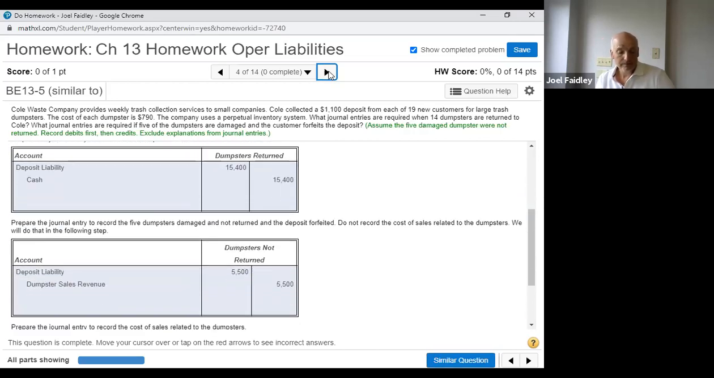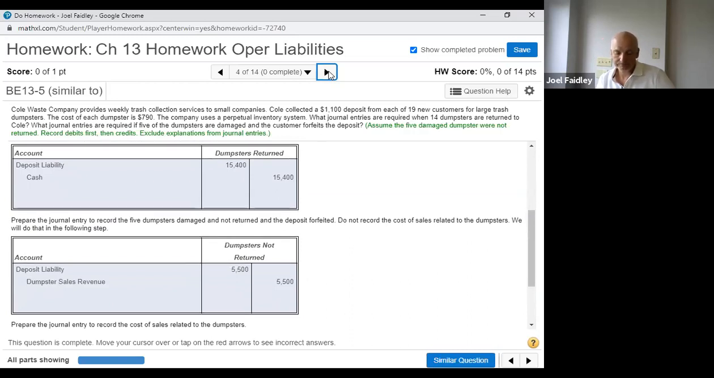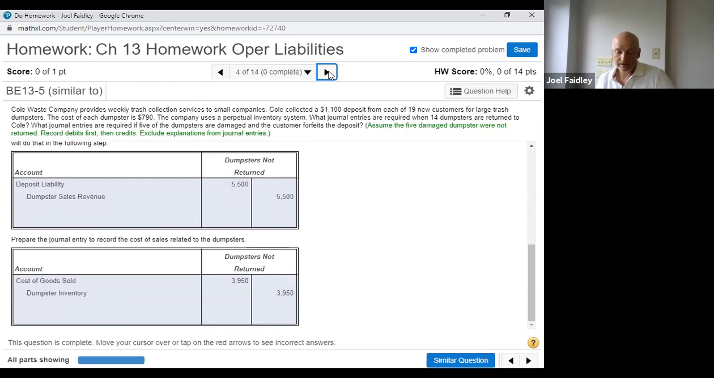And then what happens? It says that the other 5 dumpsters were not returned and the deposit is forfeited. So we have to reduce our deposit liability down to 0, don't we? And we're going to take that liability, that deposit, and turn it into revenue. But we also have the costs associated with those dumpsters. The cost of each dumpster is $790. And for those 5